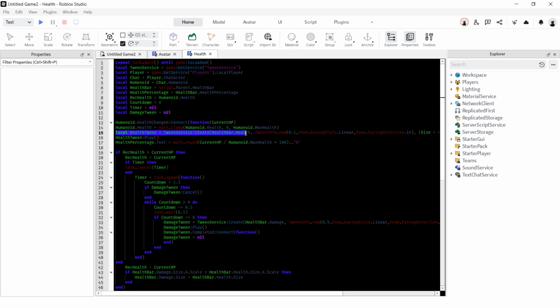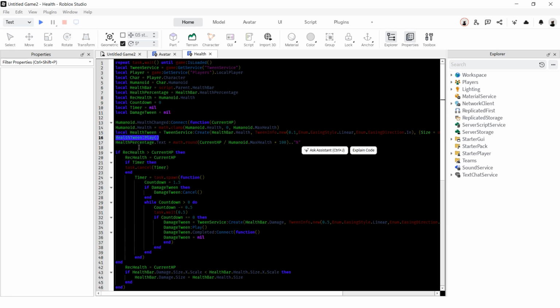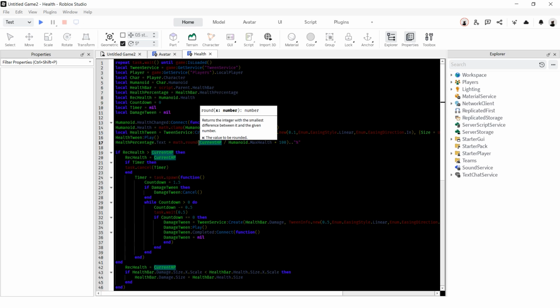Create a tween of HealthBar.Health. Customize TweenInfo however you want. And the tween goal should be Size equal to UDim2.new(current health divided by humanoid MaxHealth, 0, 1, 0). Then just play it. Set HealthPercentage.Text to math.round(current health divided by humanoid MaxHealth multiplied by 100)